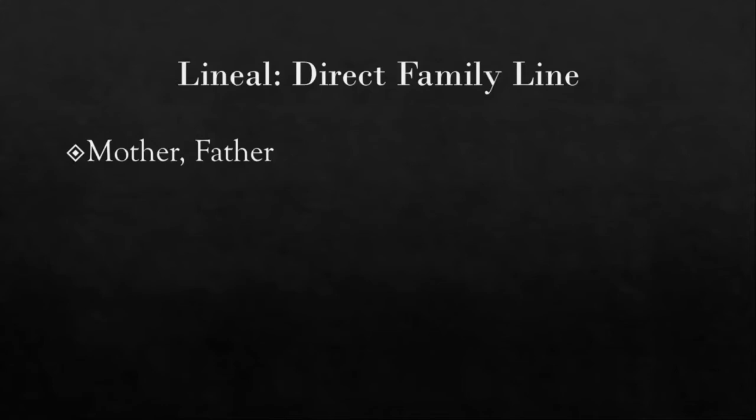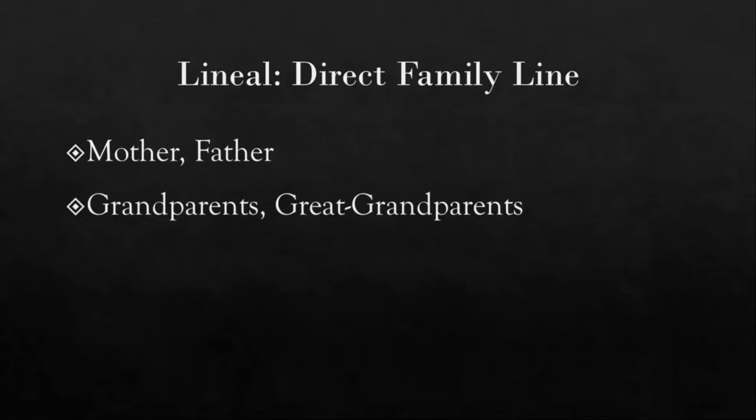When we're talking about the direct family line, the lineal line is about lines, so it's the direct line. That's one way to keep it in mind. There's of course your mother and your father. Obviously, their titles are broken down by the sex or gender. When it comes to the grandparents, again, you're going to have great grandmother, great grandfather. You start in with the greats. You have siblings, the name of their relationship to you, brother or sister.